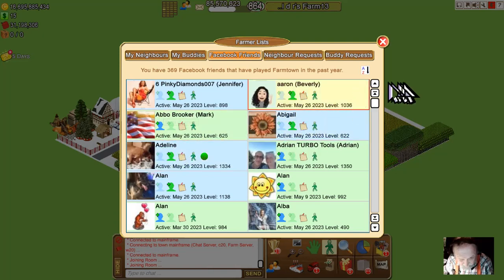Because it's however they fit in here alphabetically according to the avatar, you have a mixture. The yellow ones are buddies, the bluish ones are neighbors, and if we have any clear